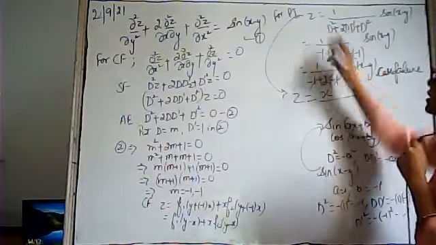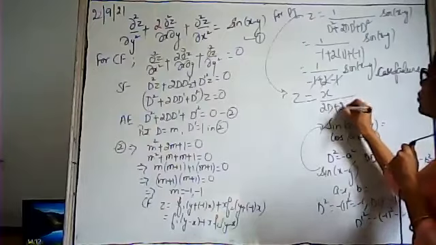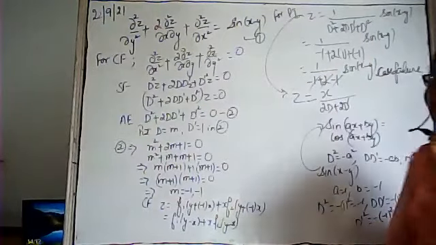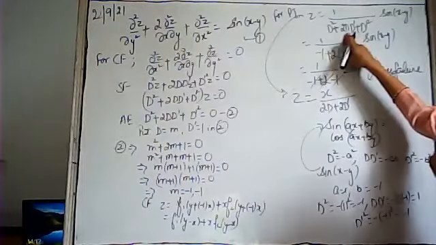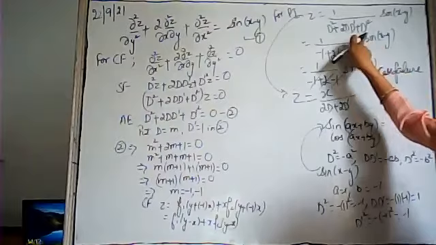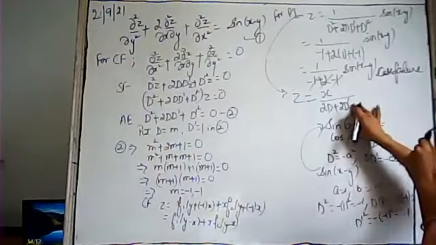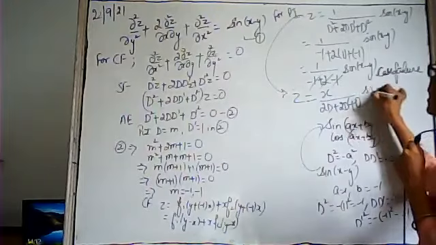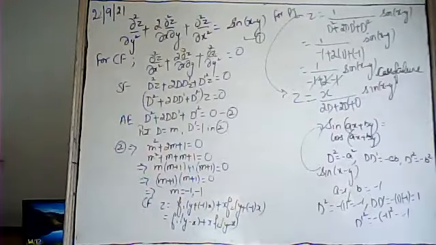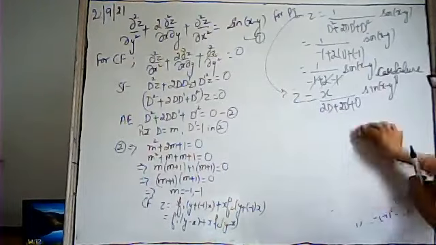So if we differentiate with respect to d, differentiation of d square will be 2d, plus 2 is constant, it will remain as it is. D dash is constant in case of d, it will again remain as it is. And the differentiation of d with respect to d will be 1. D dash square, it is constant in case of d, so its differentiation will be 0 because it is constant. And sine of x minus y will remain as it is. I hope this step is clear to all of you.